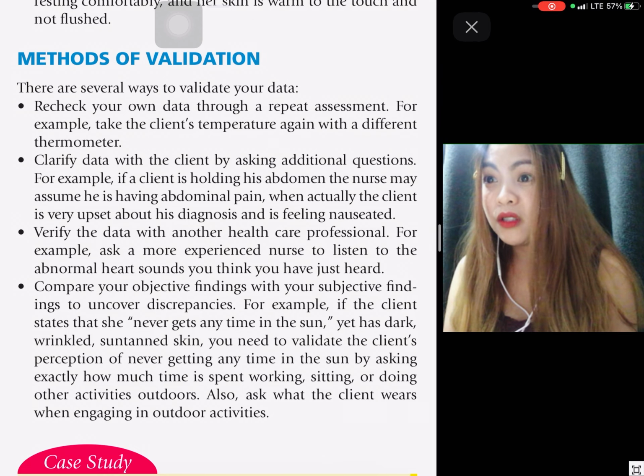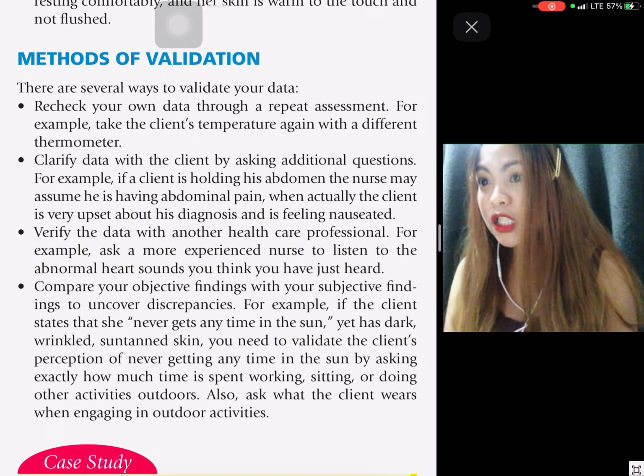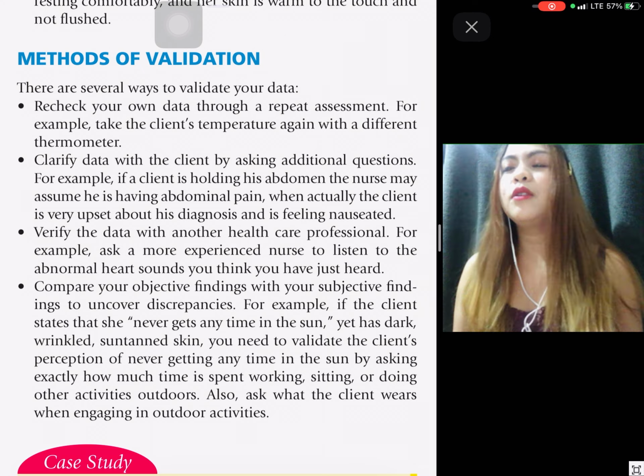Tanongin mo kung ilang beses ba siya lumalabas, anong ginagawa niya outdoor, ano yung suot niya, para ma-validate talaga natin na talagang hindi siya nagpapaaraw ng todo. So, yan yung mga methods ng validation. So, balik tayo kay